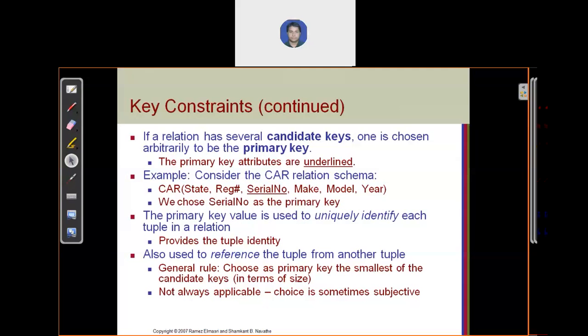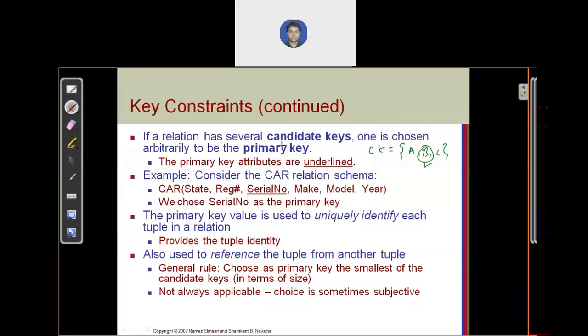In your relation, if more than one candidate key is available, out of these candidate keys you will choose one key as the primary key. Suppose there are several candidate keys in your relation: key A, key B, key C. Out of these three keys you can choose any one as your primary key. Like you can choose B as the primary key. It depends on you only.